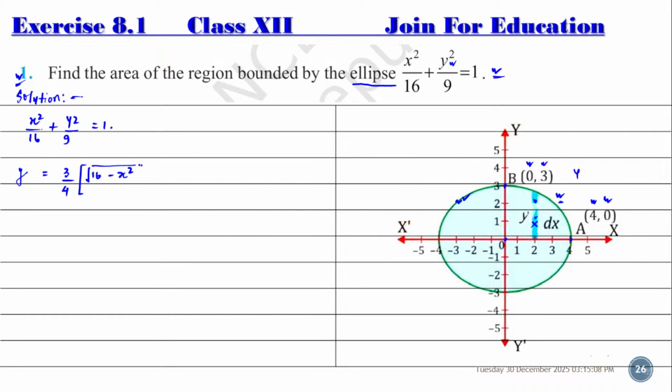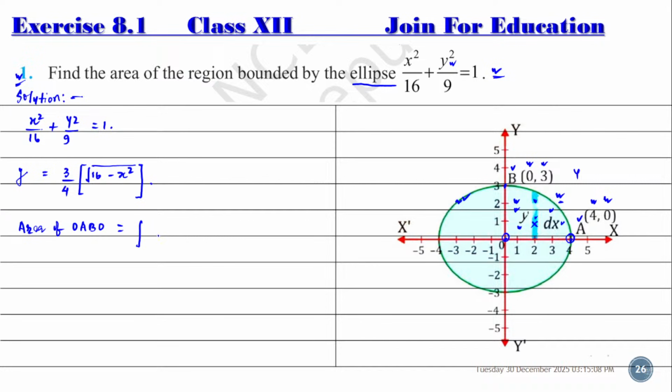So the area of this part equal to y into dx. So area of OABO, it means that O, A, B and O, equal to